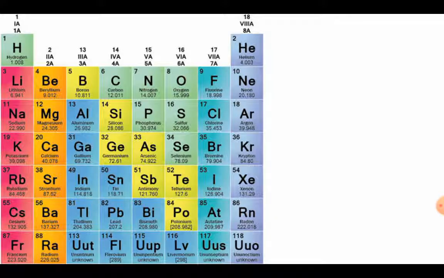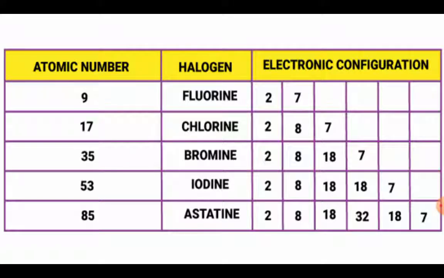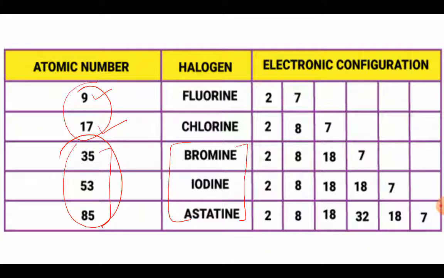Now let us quickly move on to one more example, group 17. We will be talking about fluorine, chlorine, bromine, iodine and astatine. We'll be finding out their valence electrons and the valency. Fluorine, the atomic number is 9. Chlorine, it is 17. For bromine, iodine and astatine, if we are sure about their configuration, then we can do the configuration. Otherwise, we will focus on the first two and find out the valency and valence electrons for the rest three elements also. Fluorine is 9.